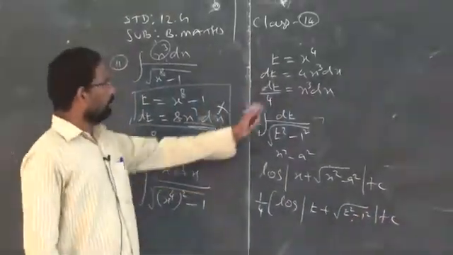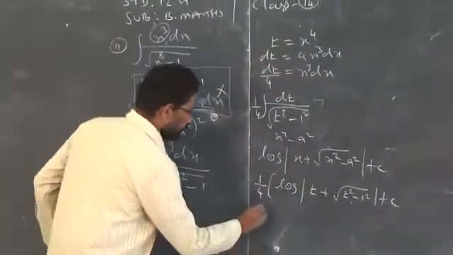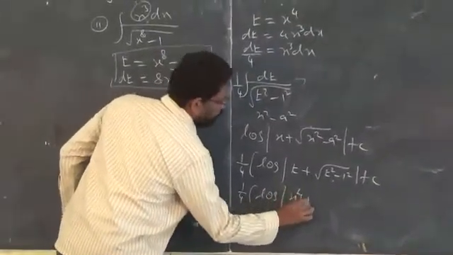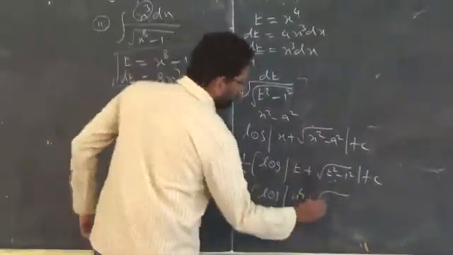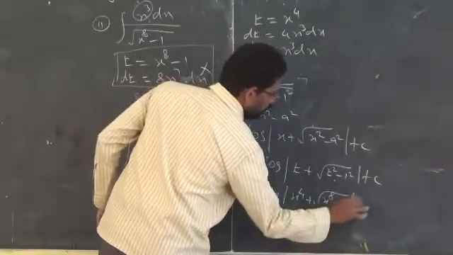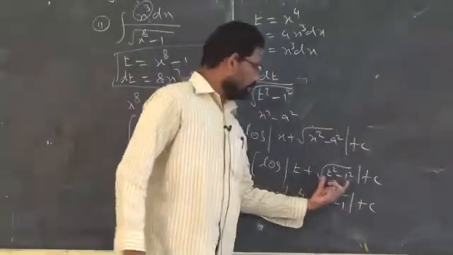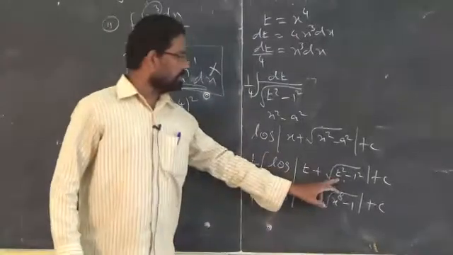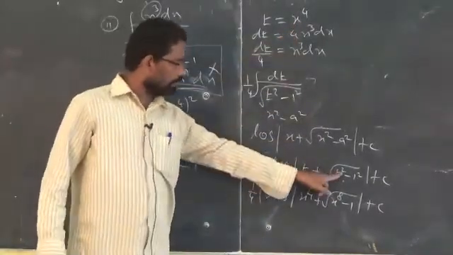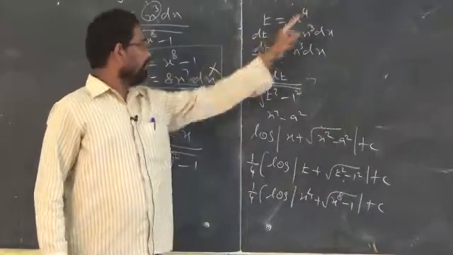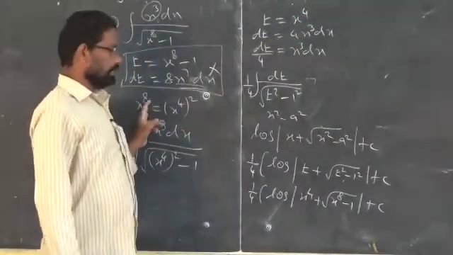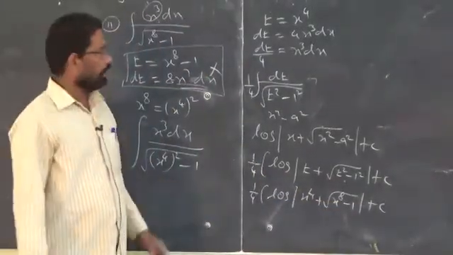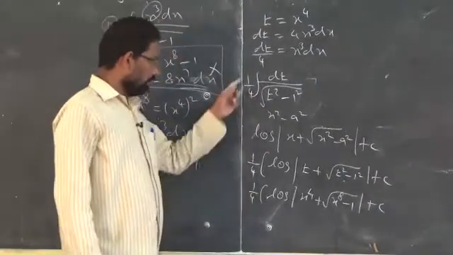Then what is our t? We consider t is equal to x power 4. So 1 by 4 log modulus x power 4 plus square root of x power 8 minus 1 plus c. When you replace this one, you can write as it is what is there in the denominator, you get the same answer. Clear? So I am replacing t by x power 4. Already you have square. So x power 4 to the whole square will become how much? 4 twos are 8. So x power 8 minus 1 square. 1 square is always 1. Hence the answer. Clear? So be careful of writing 1 by 4.